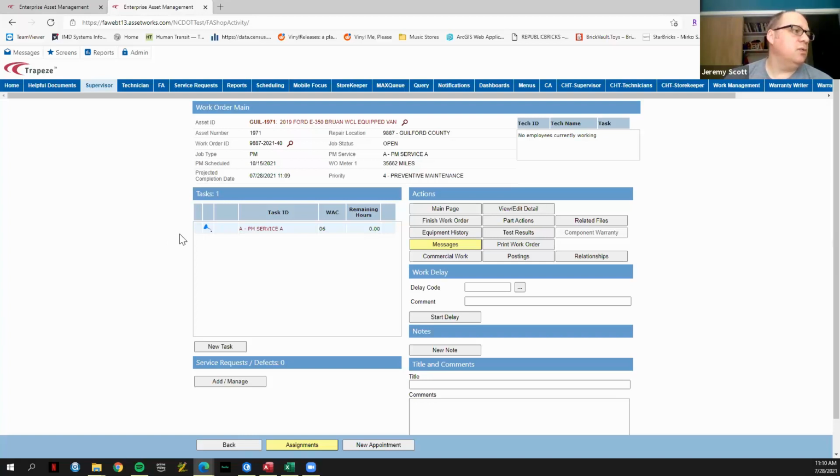Okay, so one of the other things you can do is you can also add tasks to a work order. One thing you have to be careful of when you open a work order through the calendar, it's going to assign the appropriate job type. And you can see here up in the header part, you've got job type PM. When we're done with this work order, I'm going to show you how to manually open a work order. And you need to make sure you choose the appropriate job type when you're going through opening a work order